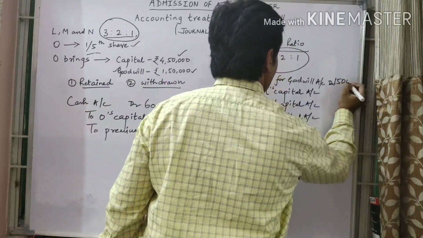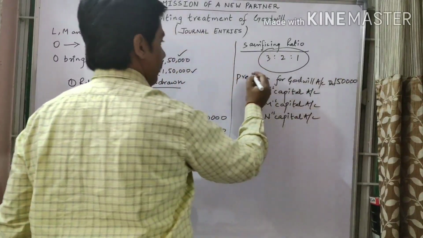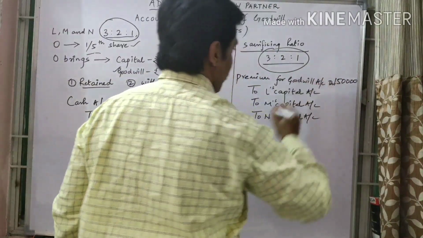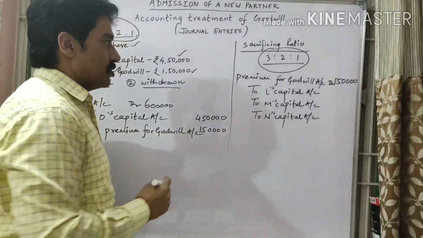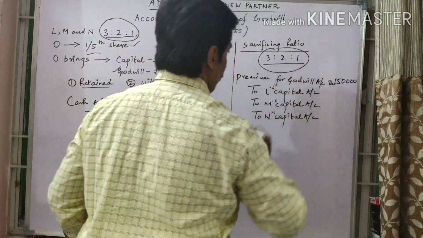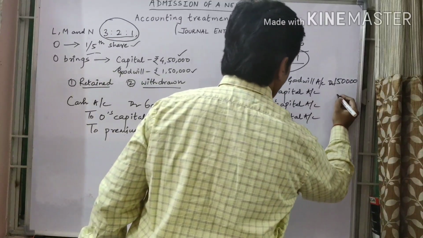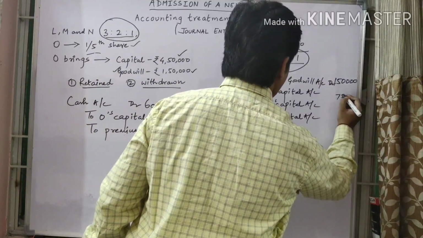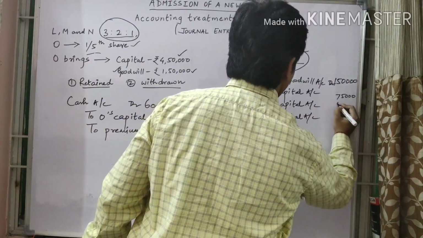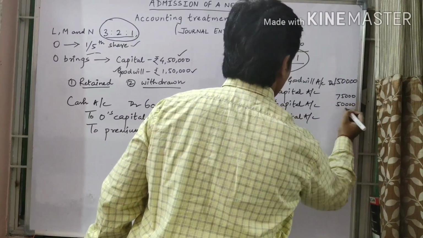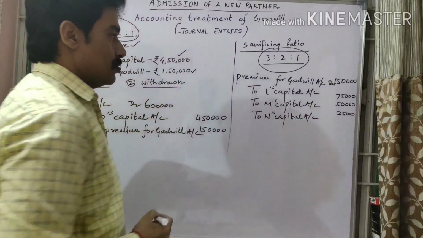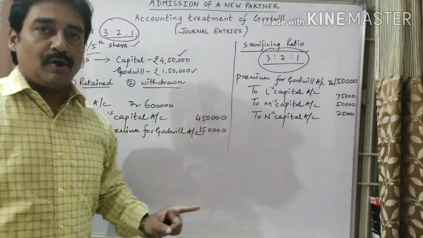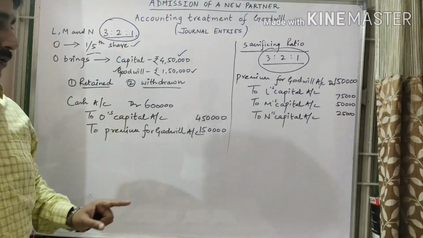See, the amounts will be distributed in the sacrificing ratio. That means this premium for goodwill, which is 1,50,000, needs to be distributed in the ratio 3:2:1, and the amounts would be 75,000, 50,000 and 25,000. Okay, so children, this is an entry for distribution of premium for goodwill, and I want